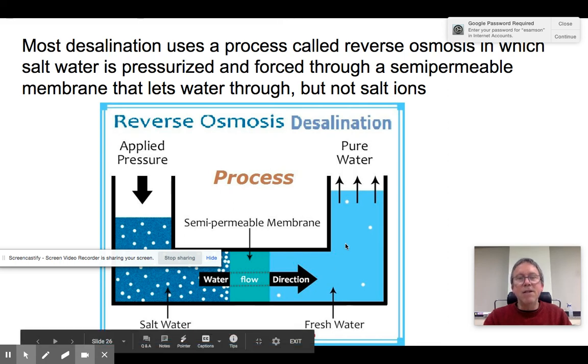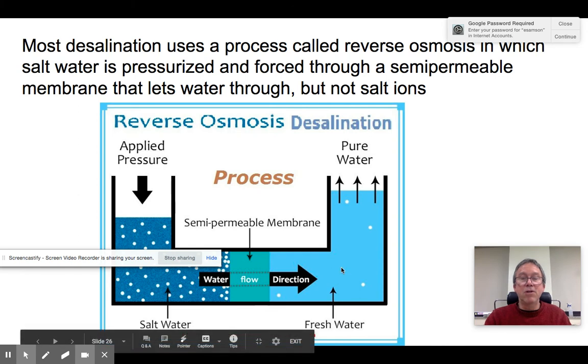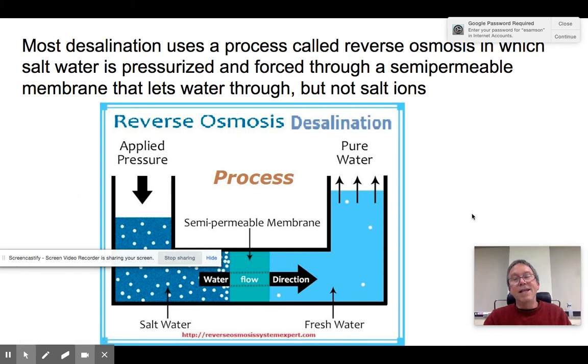So what comes out is fresh water. All right, now it's amazing, right? All you had to do is force water under pressure through this membrane. It's called reverse osmosis. Now the thing is, though, that it takes energy to do that, and so what we find is that